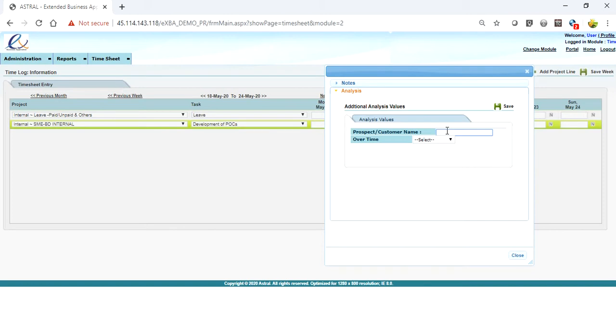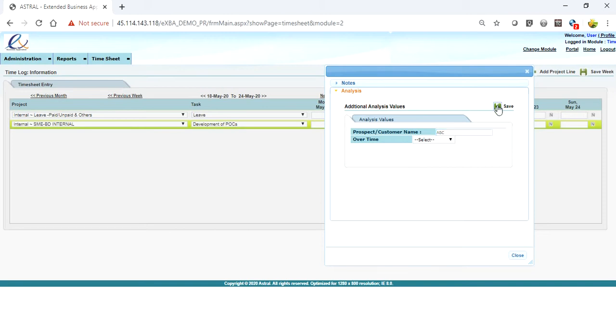I will select ABC, or you can give the name of the customer, and click on save. All this information is required when you want to take any kind of report, or pull out some data based on the additional information which you have captured in the system.